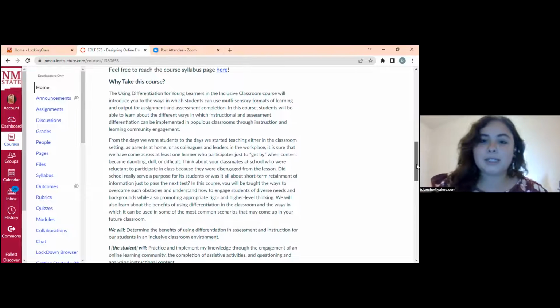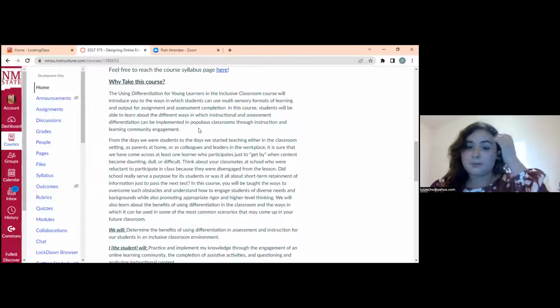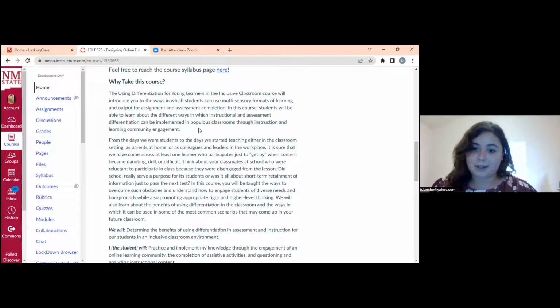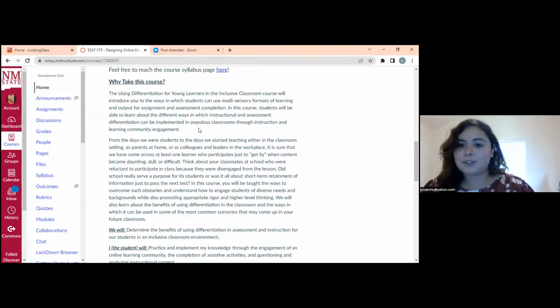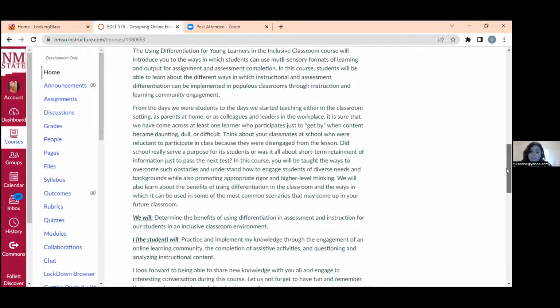So why take this course? This is basically, to sum up, that as educators in the classroom, we do find a lot of students that feel unmotivated, or students that may have trouble learning with traditional formats of learning. So what I want to do is promote multisensory formats and also differentiation in a way that is feasible in real life situations.